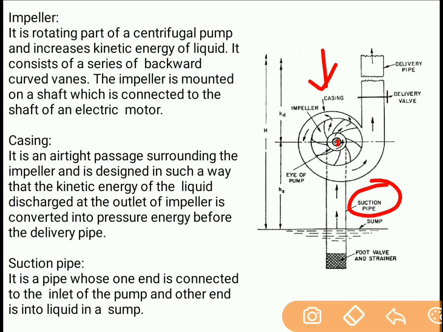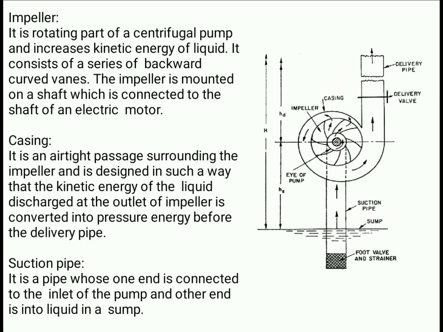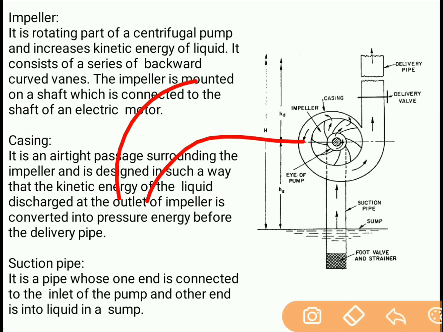Now as the liquid enters the center, this impeller is rotating. Because of the electrical motor, this impeller is rotating, so the liquid will get transferred in the radially outward direction. As the liquid from the suction pipe enters the impeller, it will be under the centrifugal force. Because of the centrifugal force of the impeller, the liquid will get pushed in the radially outward direction. As a result, the kinetic energy of the liquid will increase. Moreover, as you see, the area between these two blades is gradually increasing.